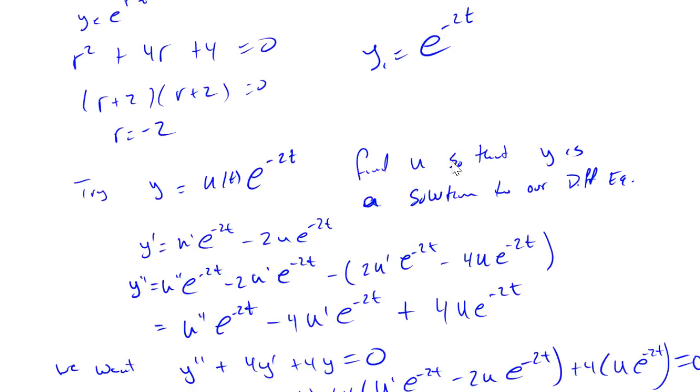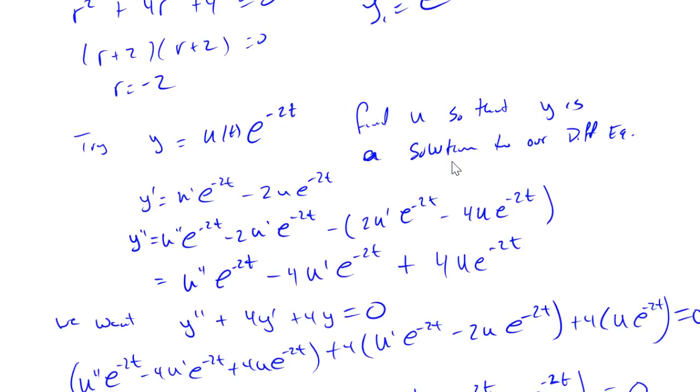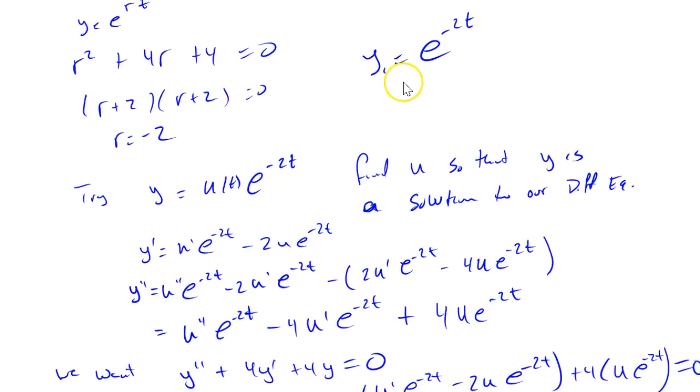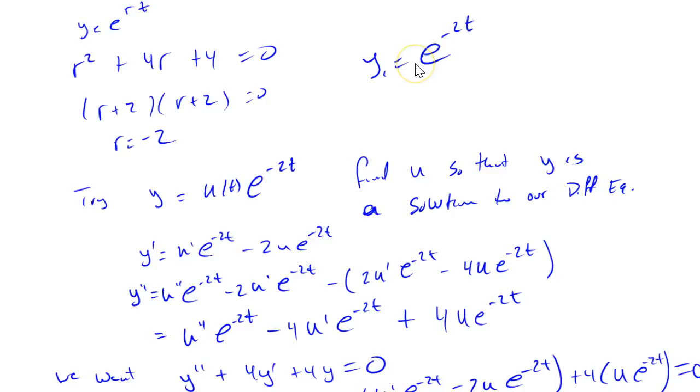So this is a method called reduction of order. Essentially, we know that multiplying this solution by any constant would give us another solution. And so someone, somewhere along the way, well, of course, people tried all kinds of different things, and a lot of them didn't work, so we don't hear about them. What we do hear about are the things that worked. And so someone said, hey, what if rather than multiplying by a constant, what if I multiply by a function and see if I can get this whole thing, this function u times e to the negative 2t,